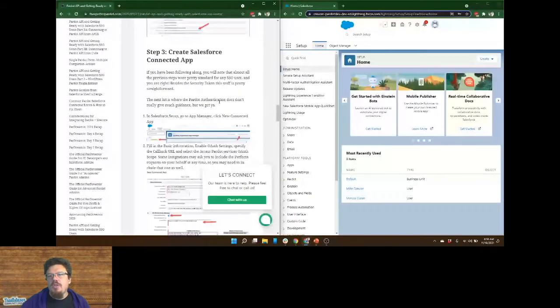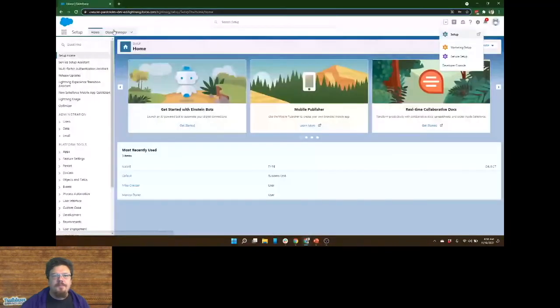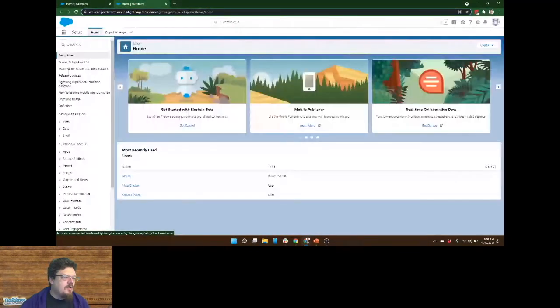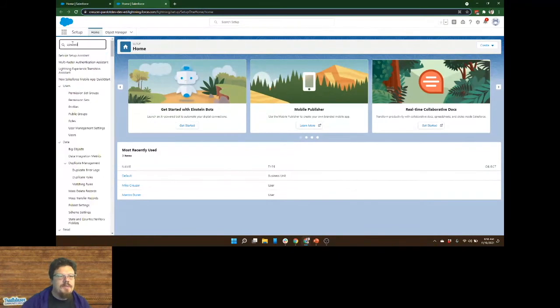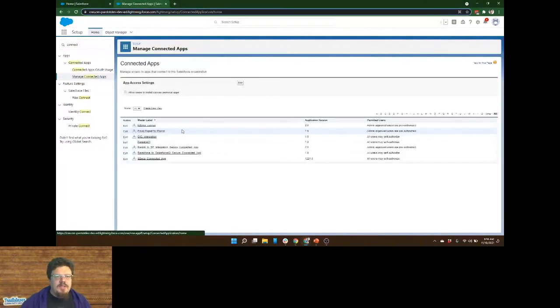And what that will look like is here. So we go into our Salesforce setup, and oh, bummer, this isn't going to let me do side by side. I'll just full screen this. So I've logged into Salesforce. We go into setup, and we look at the connected apps. I usually type connected apps. Manage connected apps. So you follow the instructions and it'll tell you exactly what to click. But when we go into connected apps, come on. Live demos are always the best.